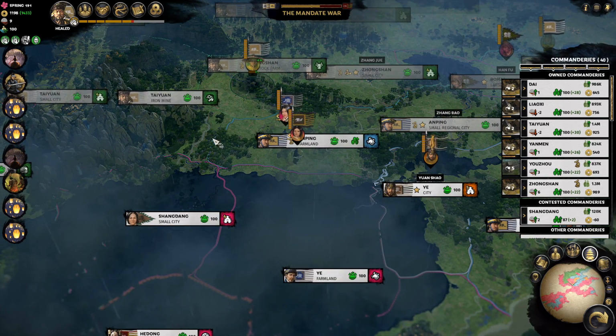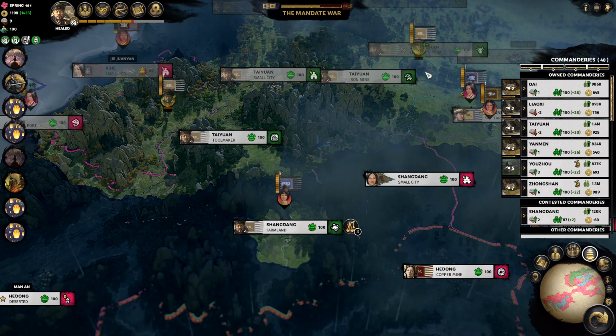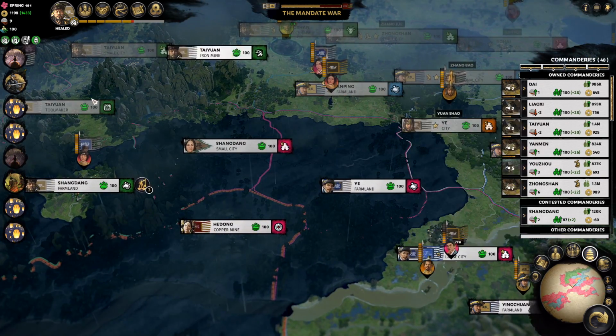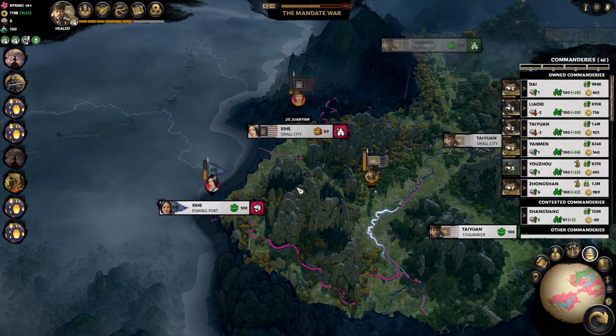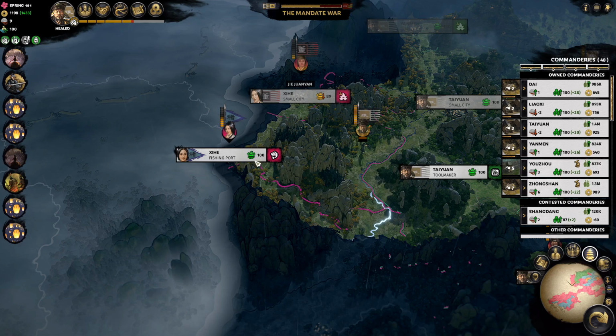Okay, so we've got a couple of armies down here heading north. We're kind of surrounded in the mountains over here. If we can knock out this southern attack, I might be able to mop up the mountains and secure that, which would be nice because we get some. There's another small city over there. That fishing port